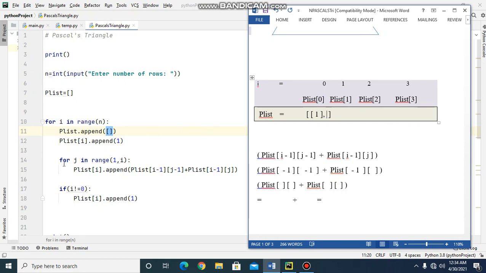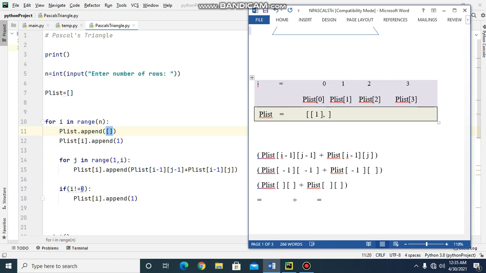Then the control will come here to this for loop. For j in range 1 to i, the value of i is 0, which is less than the start value, that is 1. So this loop will not be executed. For the loop to be executed, the end value should be greater than the start value. So the control will come here.